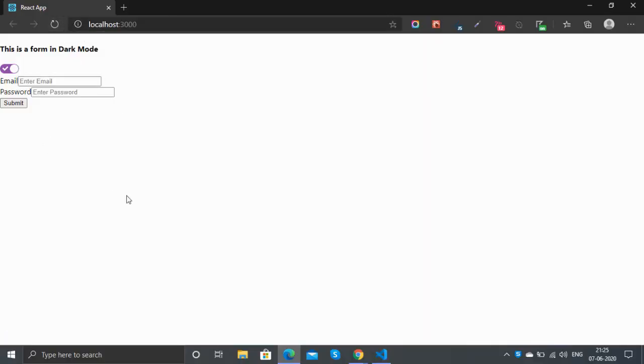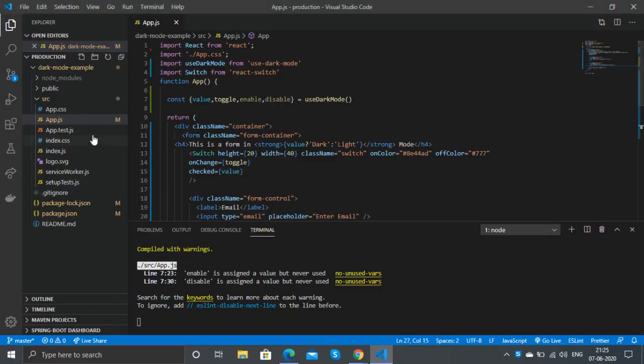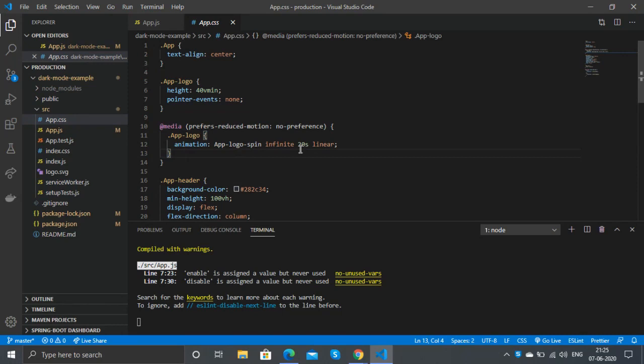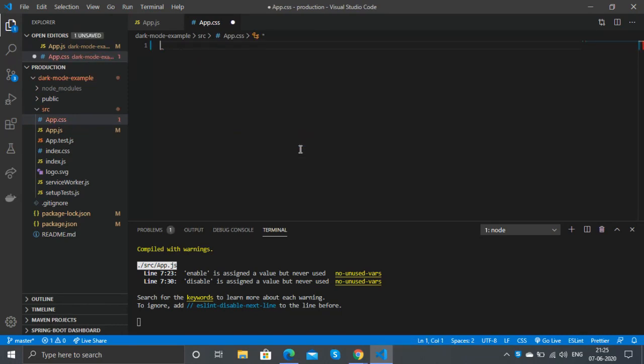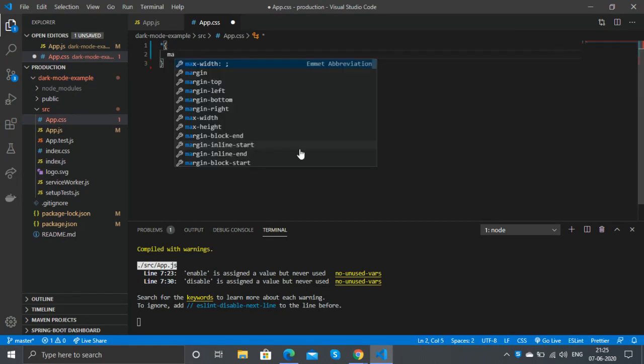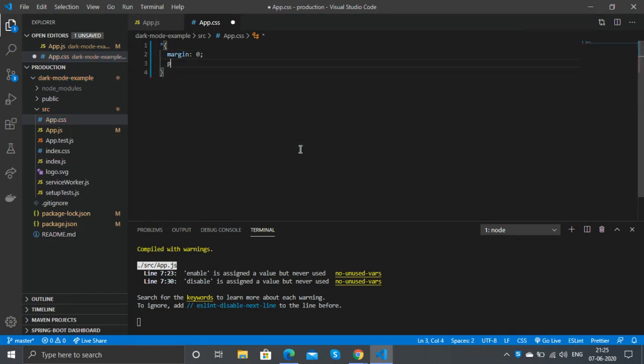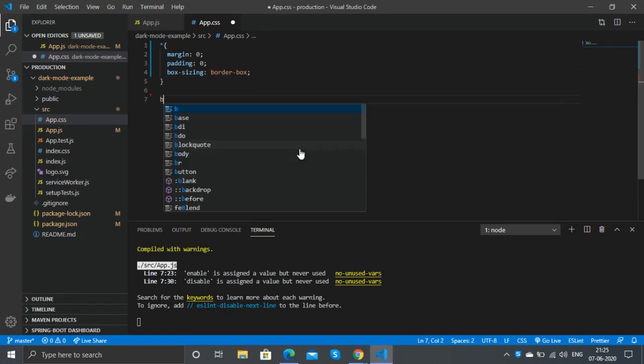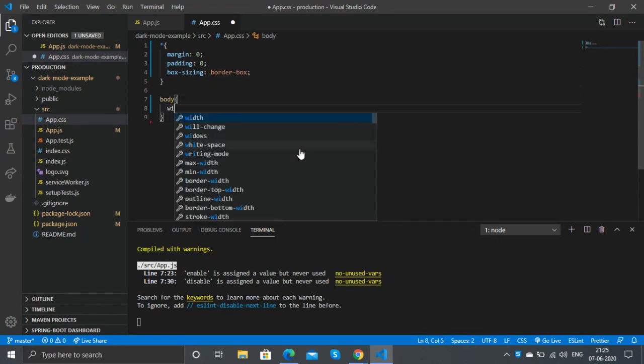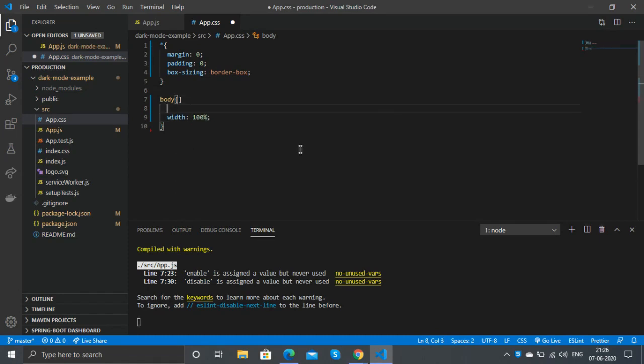So if you take a look now, this is our UI and it looks cluttered actually. So let's go and change it in the styles. The App.css, let's clear everything out. First we will reset all the styles with margin 0, padding 0, and a box-sizing of border-box. For the body, let's add a width of 100% and a height of 100%.